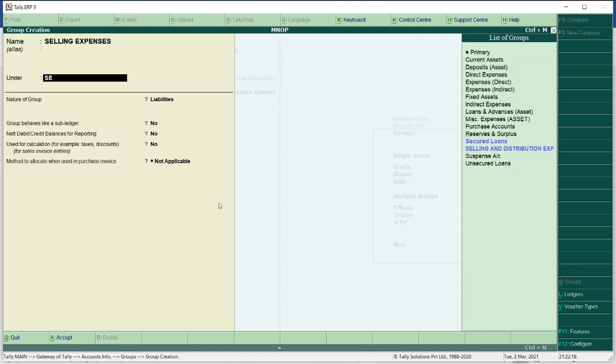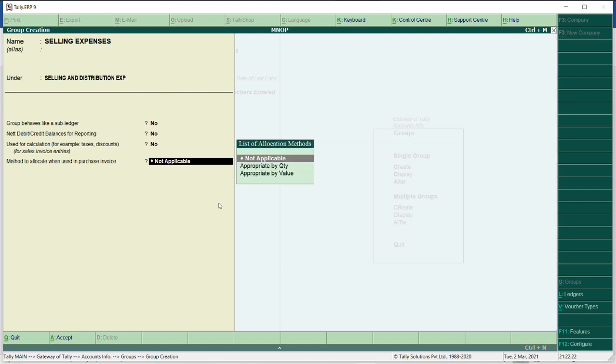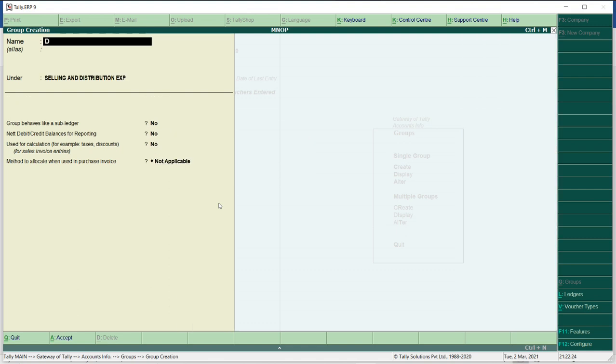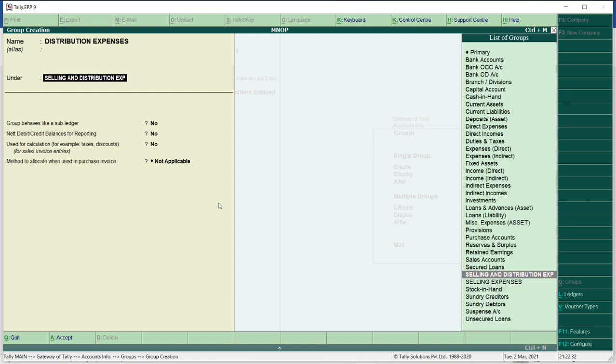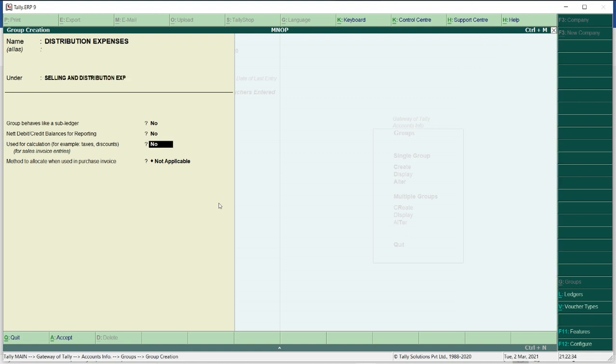Selling expenses will come under selling and distribution expenses. Then next item is distribution expenses. It comes under selling and distribution expenses. Right. So now we have created two groups.